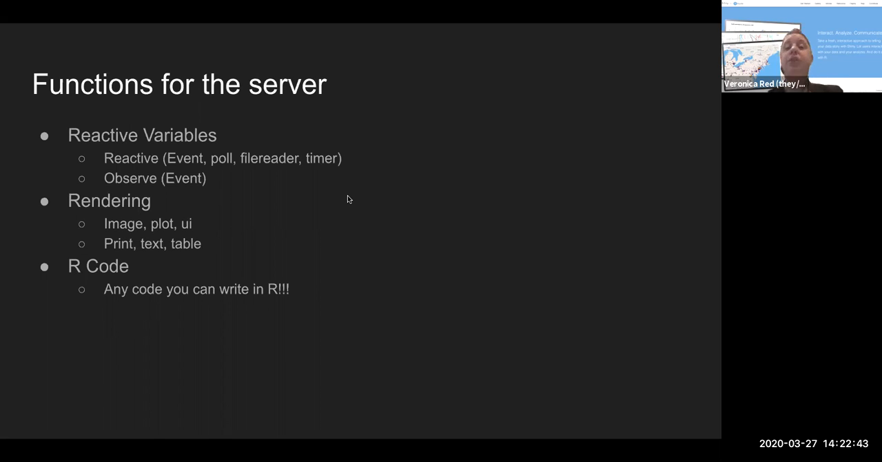Now, for the server file, we have a bunch of different types of things that we can use as well. We have reactive variables, which we are not going to use today, I don't think, but they react to things based on the input from the user. We have rendering, and the rendering stuff we are going to use today. We're going to do some plotting. We might do some images. We're going to add a table of data, and we're going to probably put some text